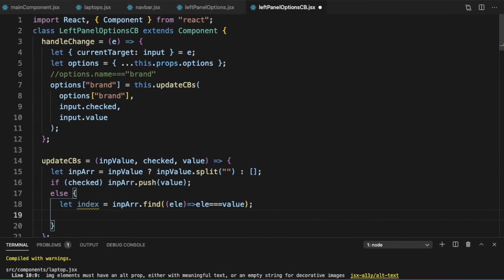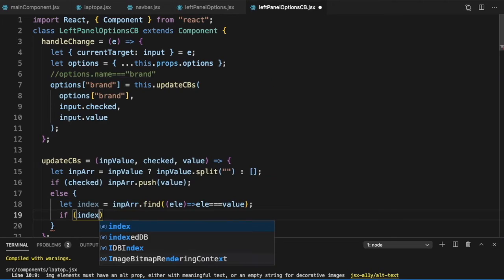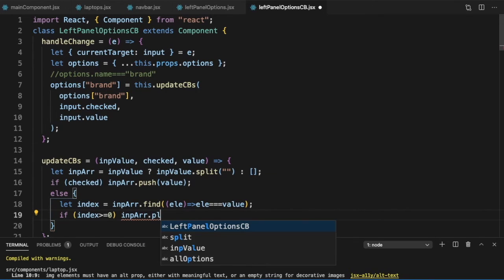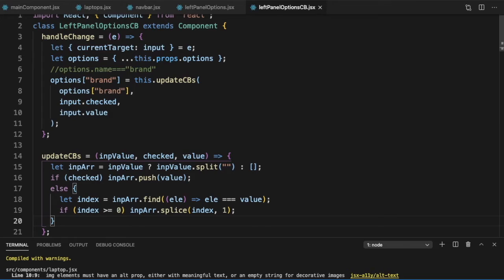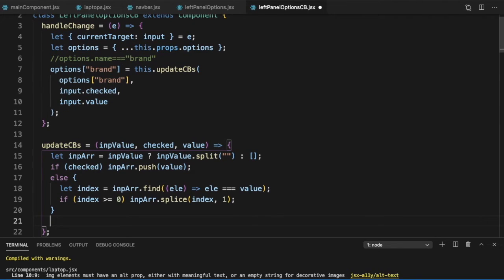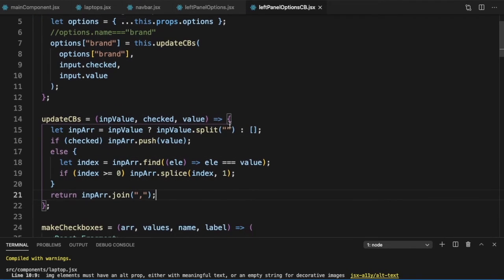Once we have found it, if index is greater than or equal to 0, we need to say inputArray.splice(index, 1). And at the end of it we used to return inputArray. Instead of that, we will just return the string, inputArray.join with a comma. So that's the change we have made.